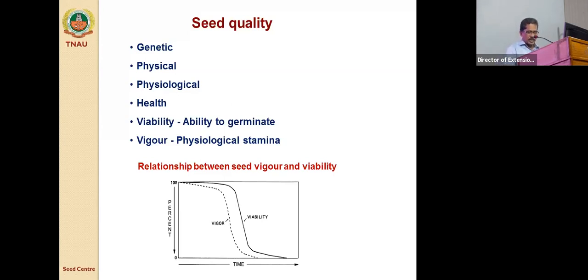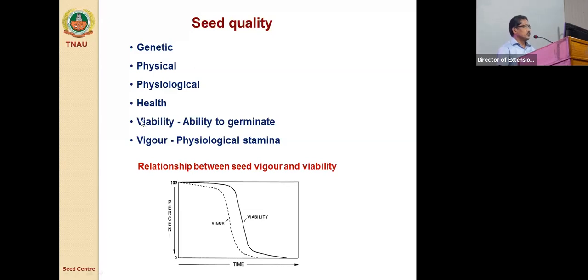This is the important quality for a seed technologist. We can make interventions and improvements in this particular quality by our seed intervention technologies like seed enhancement techniques.